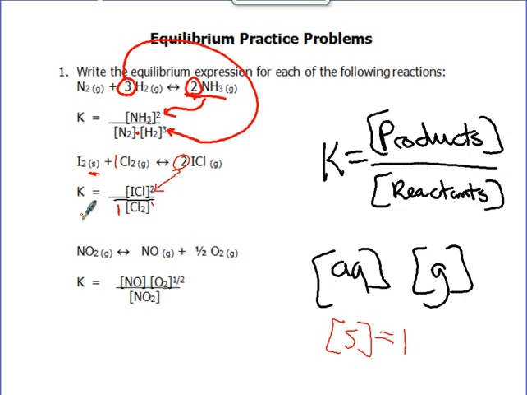And then for the last one, same idea. These are the products. They're on top. That's a 1/2, so that's to the 1/2 power. So really, I guess you're taking a square root. Or you could, in your calculator, just put it to the 1/2 or the 0.5 power. Whatever O2 is, you could put it to the 0.5 power. Let the calculator handle the math for you. And then that's a reactant, so it goes on the bottom. And so we have these equilibrium expressions that represent the mathematical relationship between the products and the reactants when equilibrium